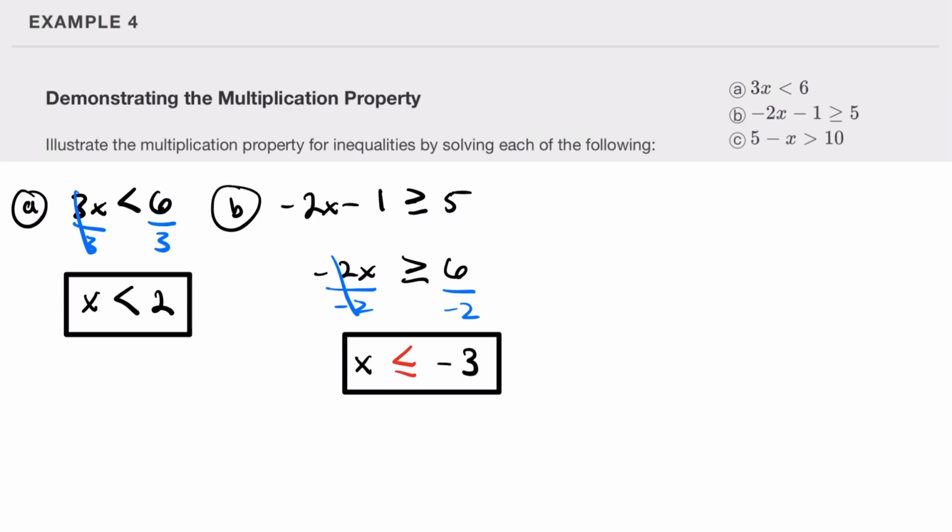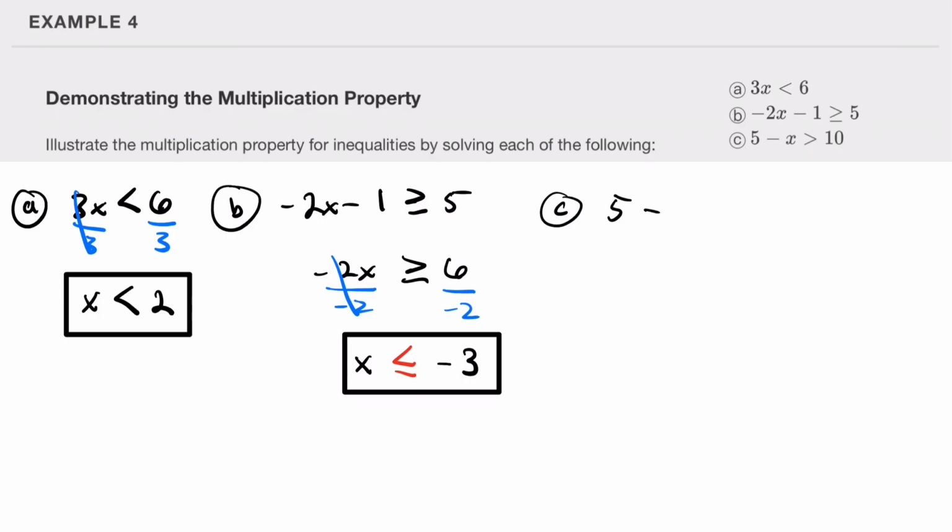But if we chose something like, let's do negative 10. It's kind of big. Let's do negative 4. Then negative 4 times 2 is negative 8, minus 1 is negative 9... 8 minus 1 is 7. Notice that 7 is greater than or equal to 5. Okay, so then C,